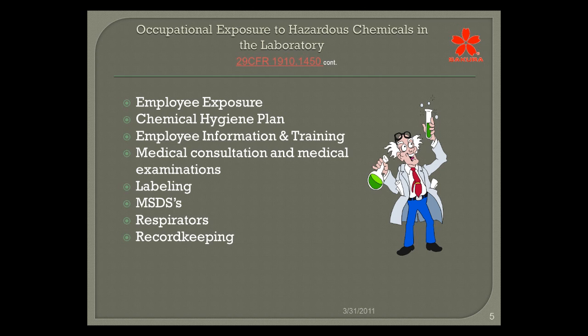You also need to include information on medical examination and consultations. I don't get into that a lot because it's physician type work, or medical type work. So you need to have that in the plan. You need to designate a chemical hygiene officer. That must be an employee. You can't have a contractor be your chemical hygiene officer. So you have to make sure that you designate a chemical hygiene officer that is an actual employee,